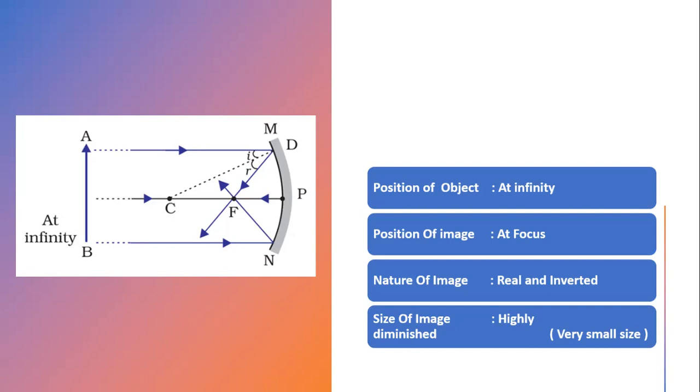Because of that reason, you will get the image at focus only. Therefore, position of image is at focus. Then nature of image, real and inverted. And size of image is highly diminished. Highly diminished means very small size. Means when we are comparing with the object, the image size is very small than the object. Then next condition,